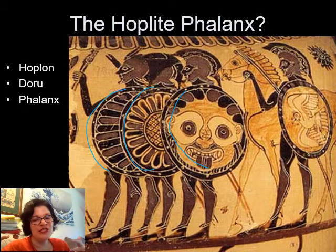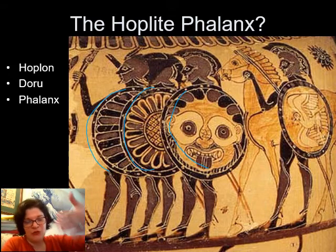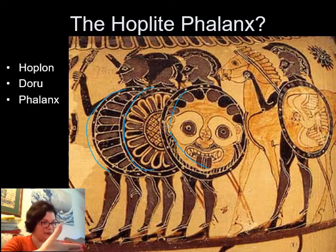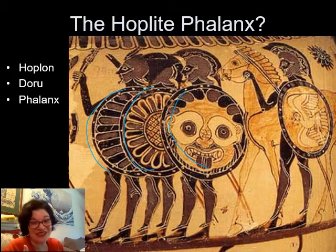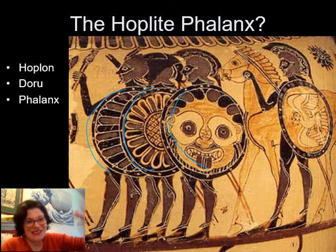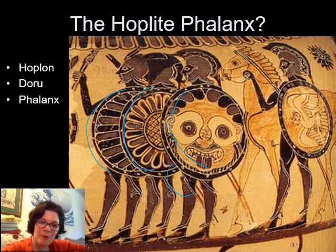The thing that you're using to make your initial attack is the spear, because the idea is you march forward in a continuous line, you keep your shields overlapped, and the effort of keeping your shield properly overlapped will often, if you haven't practiced a lot, cause you to drift toward the right. So as you march forward, then you use the long reach of your thrusting doru, your spear, to either stab low beneath the curve of the shield in this bottom slot here, or to snap up and stab high here,